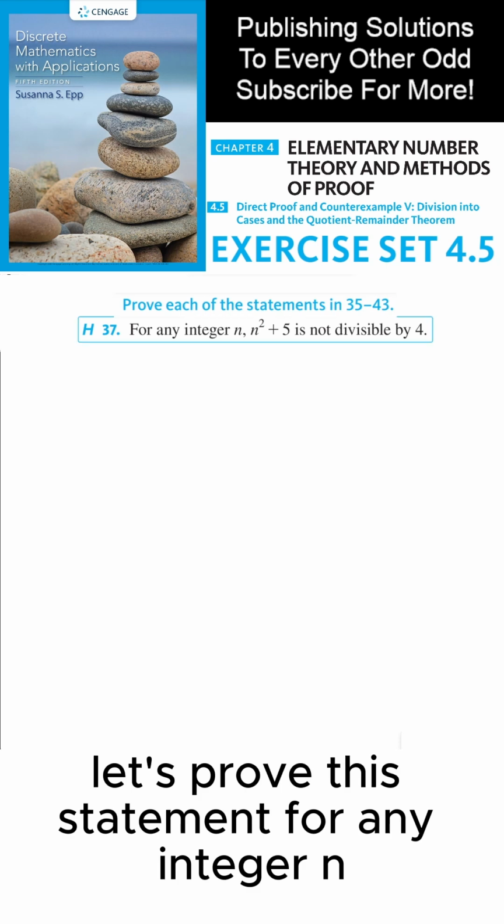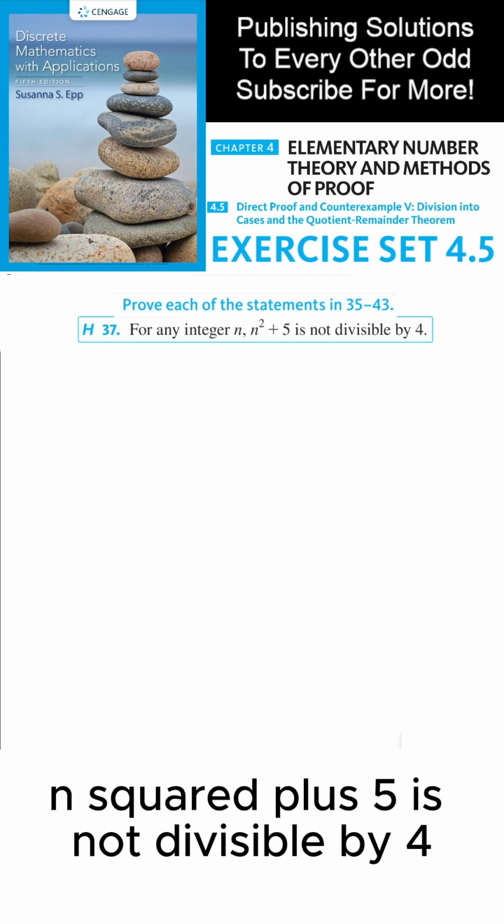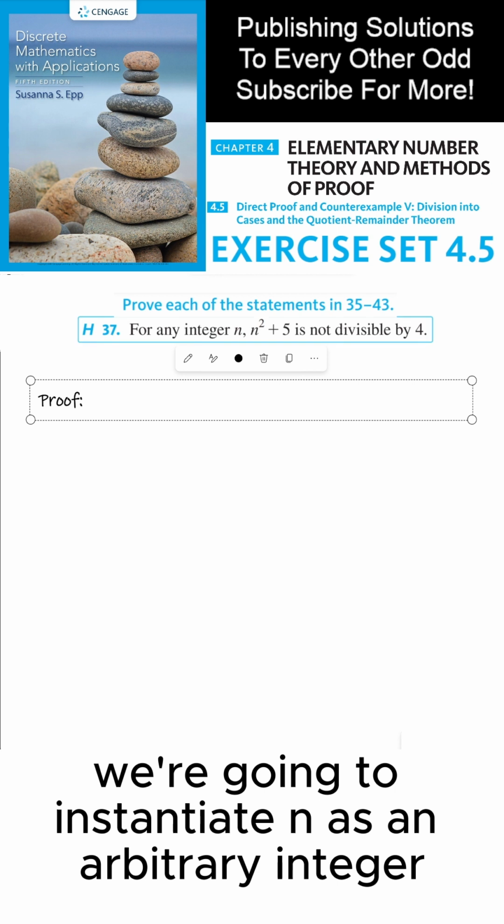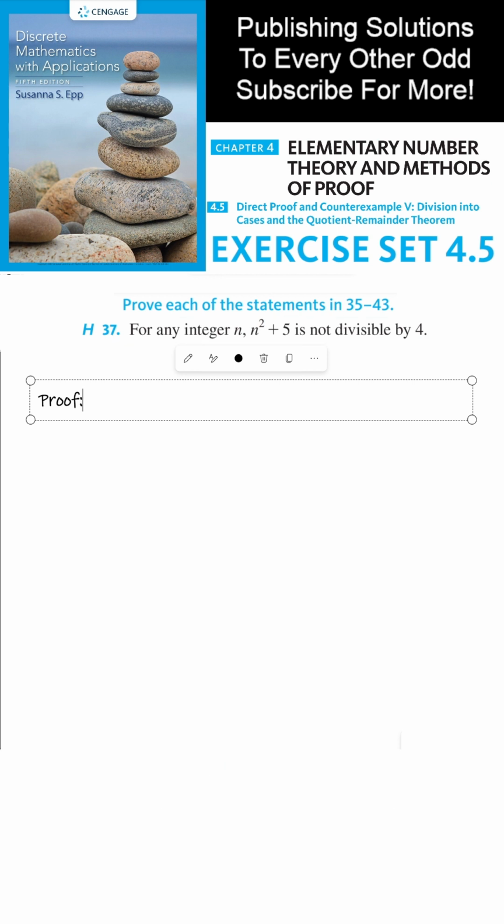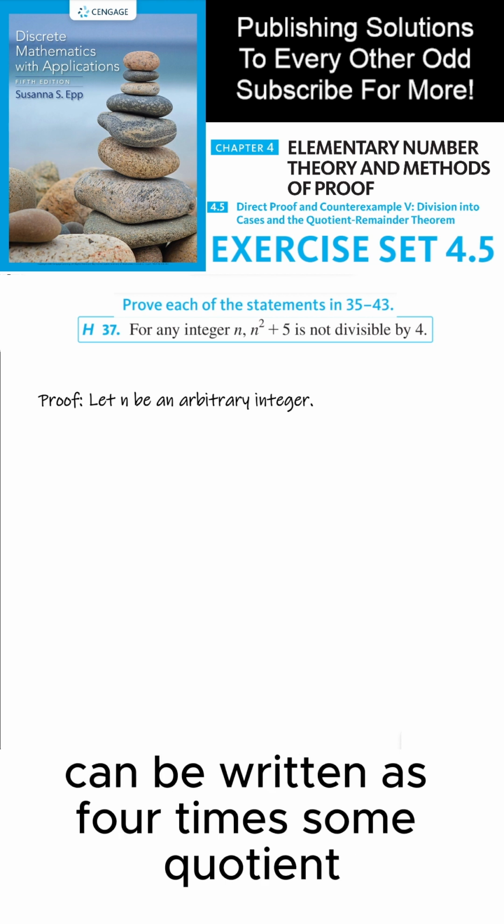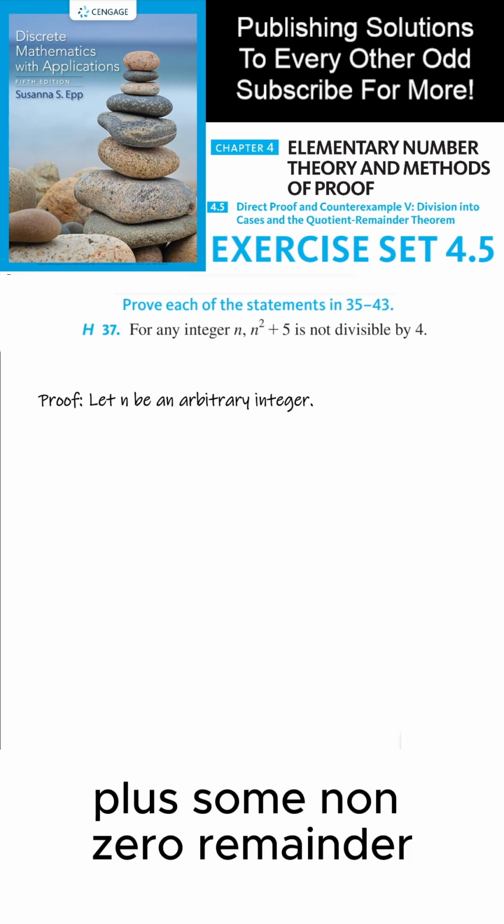Let's prove this statement. For any integer n squared plus 5 is not divisible by 4. So we start by writing proof. Since we're proving a universally quantified statement, we're going to instantiate n as an arbitrary integer. The goal is to prove that n squared plus 5 can be written as 4 times some quotient plus some